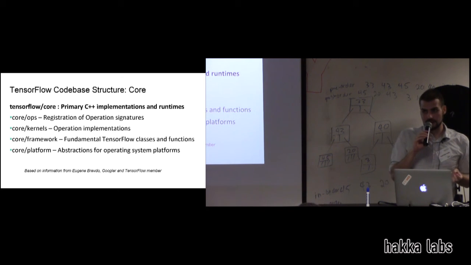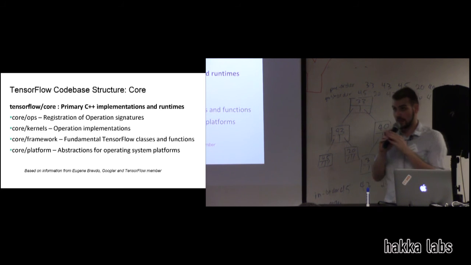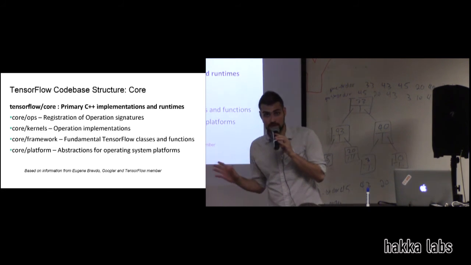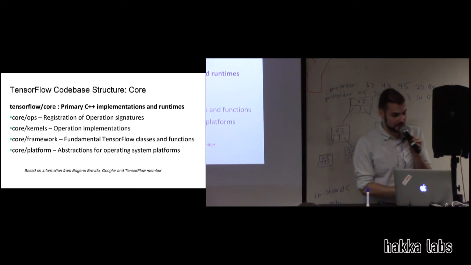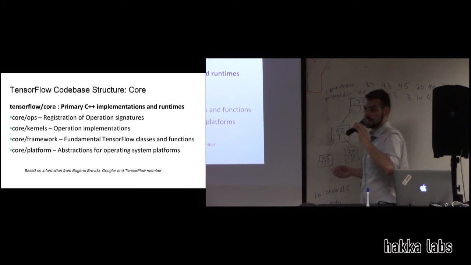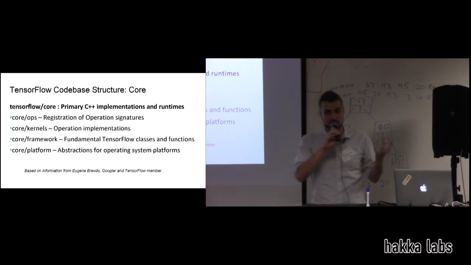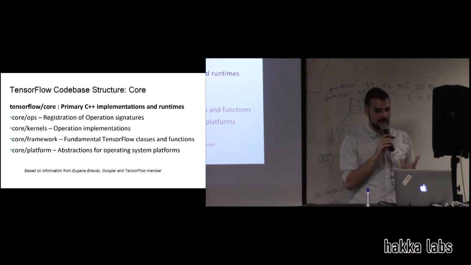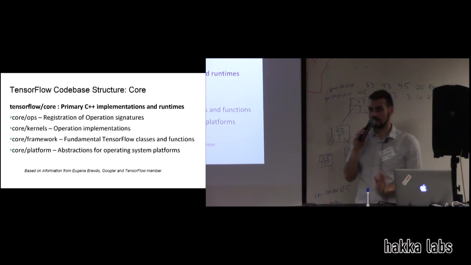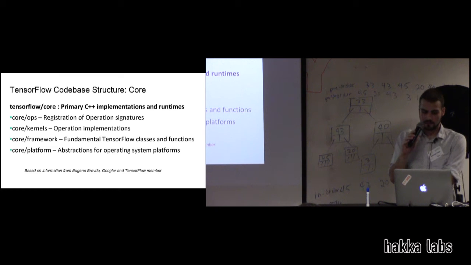And then you'll see files that are .h, your header files. You'll see .cc files. But if you want to just look at pretty much all the operations in TensorFlow, you can go right into core/kernels. If you go into core/framework, you'll actually see the enterprise edition, the big structure, right? The bones holding everything up. And then inside platform are the abstractions that allow them to abstract away different operating systems.